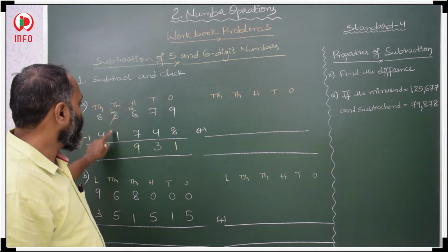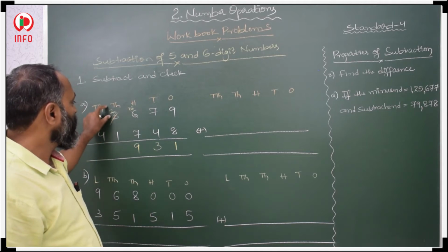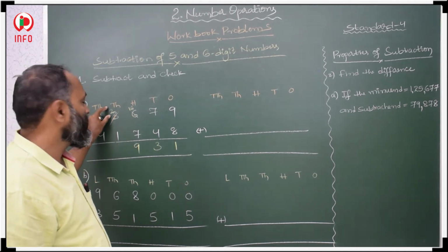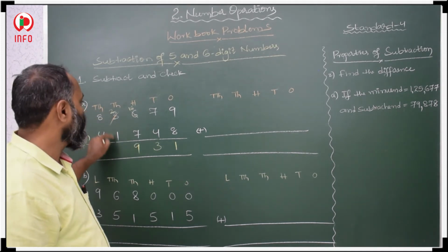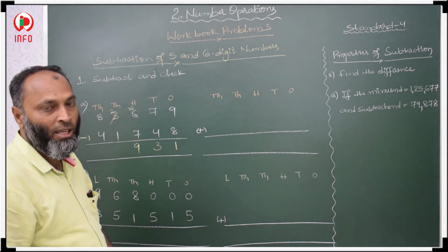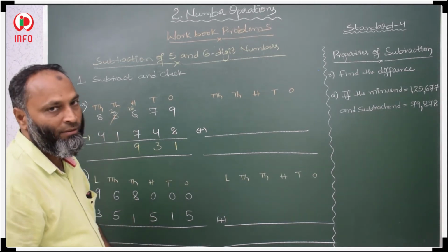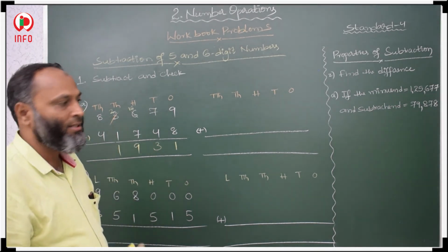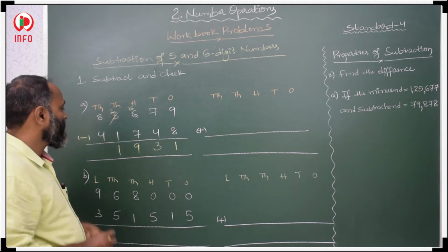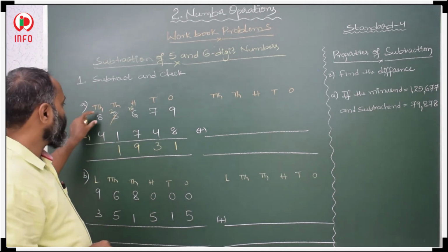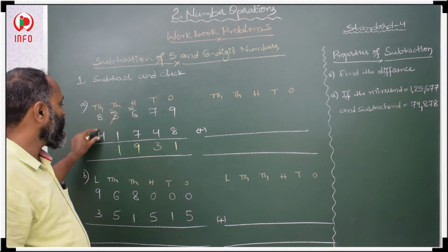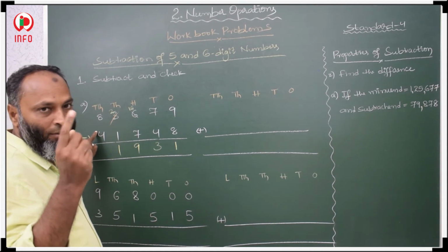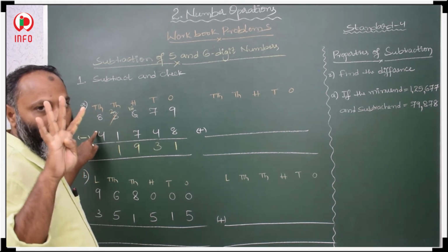Here 2 and 1. 2 is the minuend and 1 is the subtrahend. The minuend is bigger, no need to take borrow. 2 minus 1. These are consecutive numbers. Whenever consecutive numbers are there, the difference is 1. Then 8 minus 4. 8 is the minuend, and the minuend is bigger than this subtrahend. Then make minus. From 4 count: 5, 6, 7, 8. What is the difference? 4.